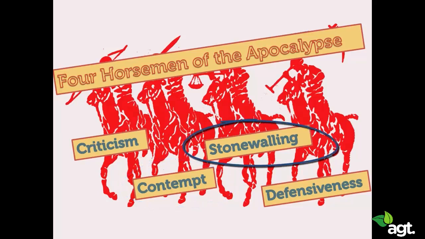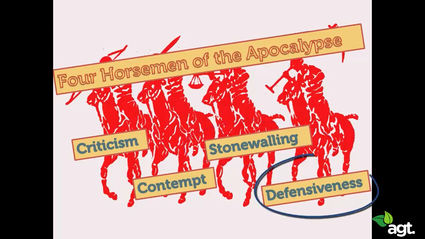The third horseman of the apocalypse is called stonewalling. That's a term John and Julie Gottman used for people who are withdrawing from conflict. Withdrawing from conflict up to an extent where it's not clear anymore if they are actually even listening. So a stonewaller is really tuned out of a conversation. The fourth and last one of the four horsemen is defensiveness. People become defensive and say, it's not my fault, it's yours, and start a counterattack. Or they present themselves as an innocent victim.